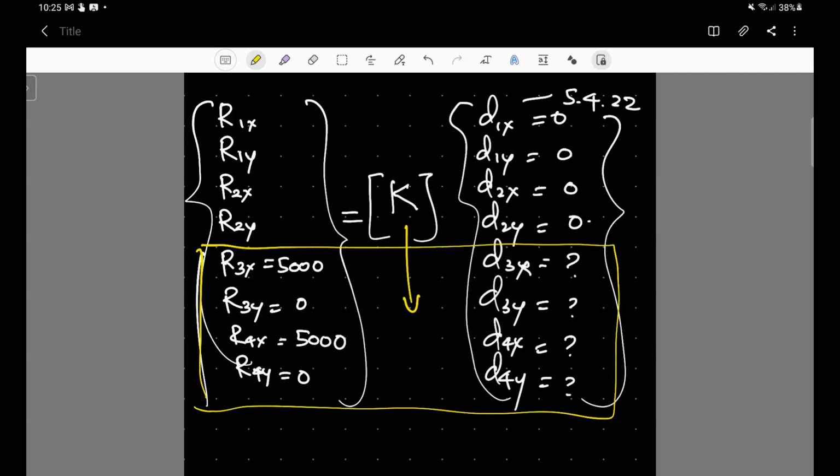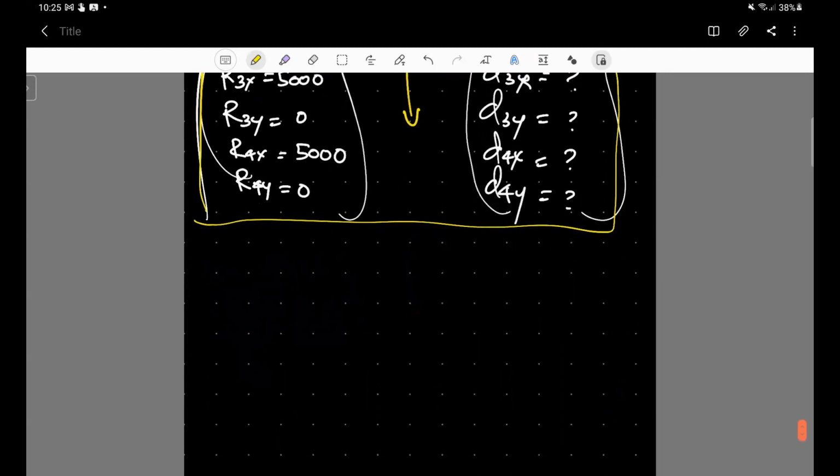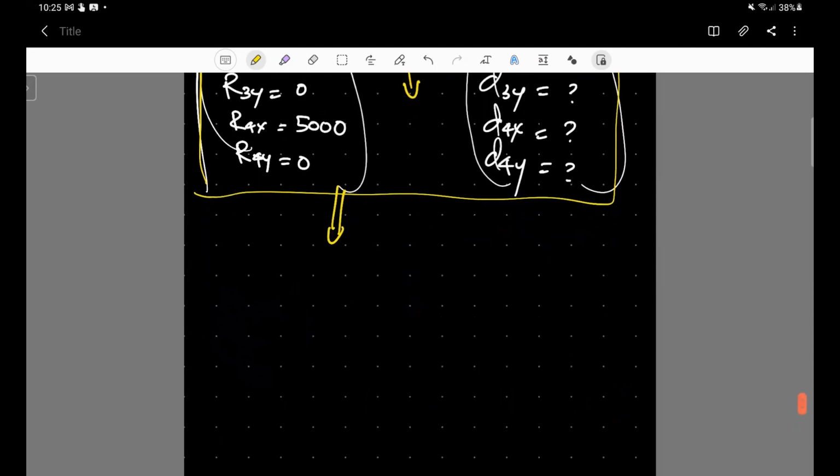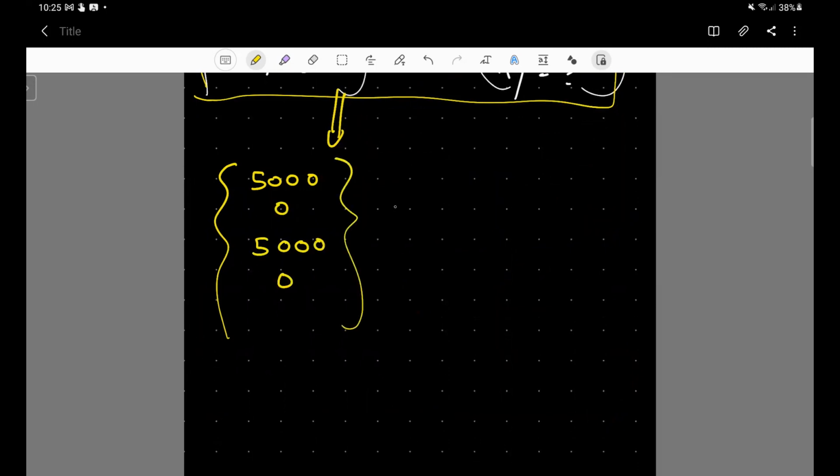So if I may write down the section corresponding to this capital K matrix, if you simply eliminate the rows and the columns, you should end up getting, so on the left hand side I'm writing down the forces now. Fourth node in the y direction,